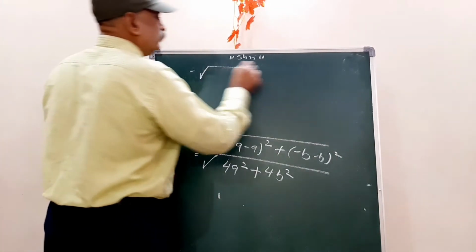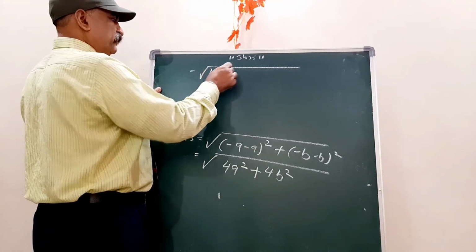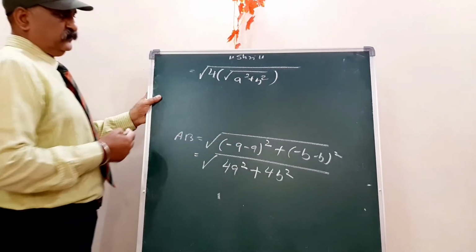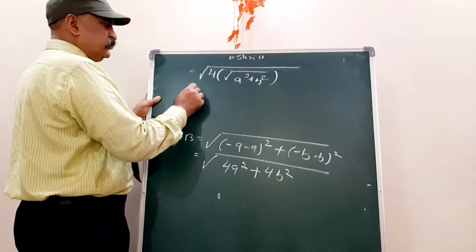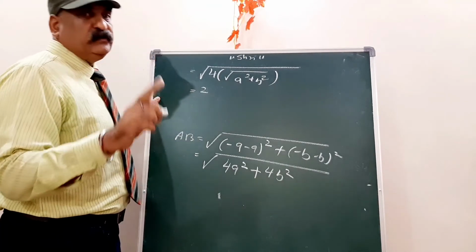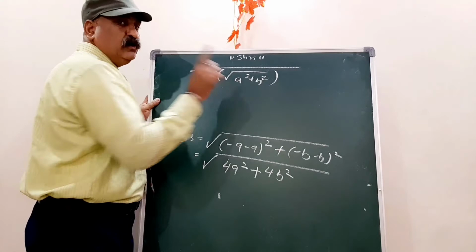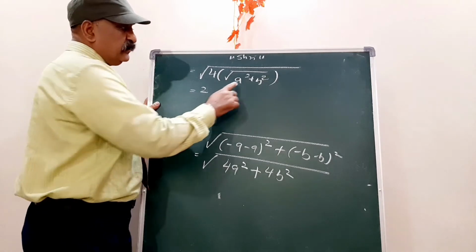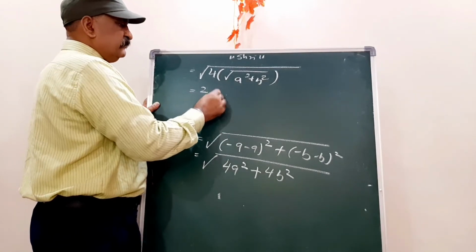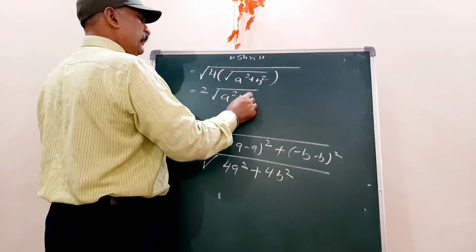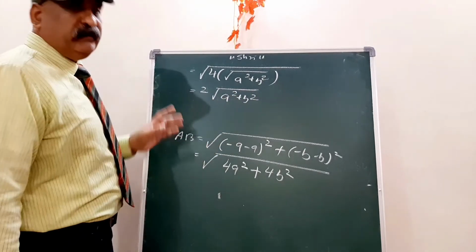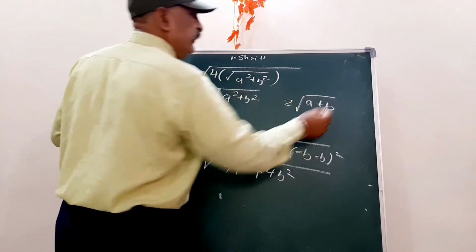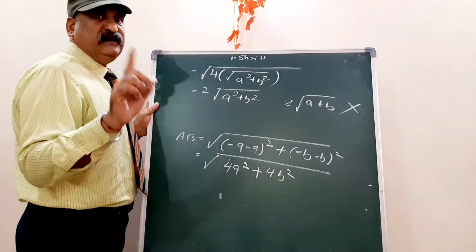So is equal to under root 4 common under root A square plus B square. Okay, the square root of 4 is 2. Listen, generally so many students make this mistake. Please don't take the square root of under root A square plus B square. You cannot find the square root of an addition. It means simply you can write under root A square plus B square. Many students make the mistake and write here 2 under root A plus B. It is wrong. You cannot do like this.